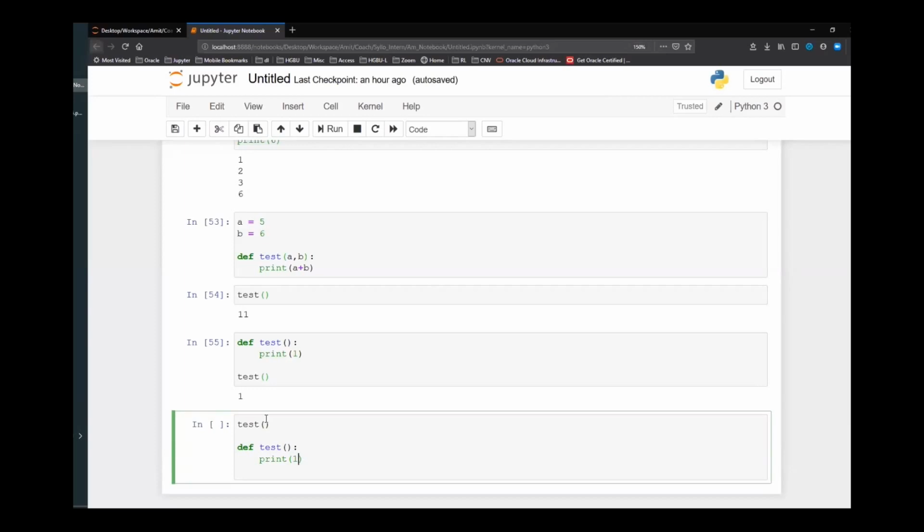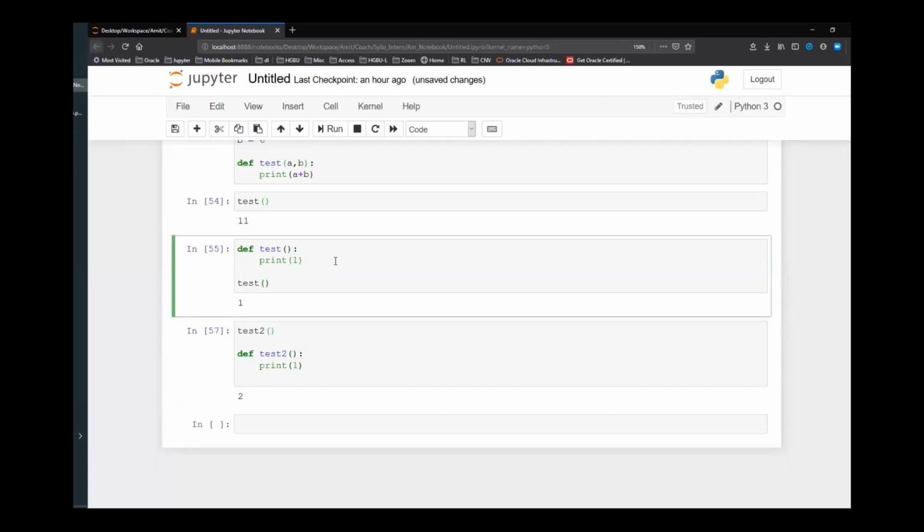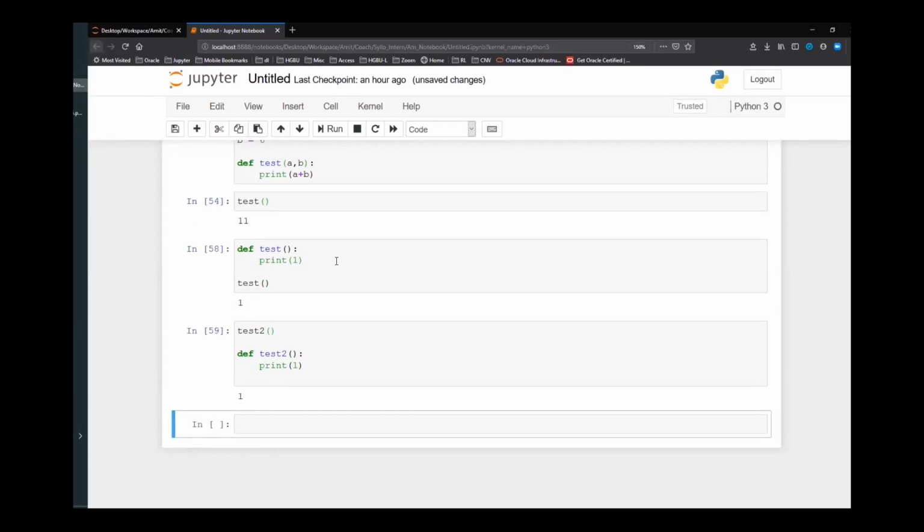Yeah. So let me just run this thing first. Let me just give test2 here, because it is taking the test from our. Now if I run this, oops. Okay. Although in Jupyter Notebook you are seeing this kind of behavior, if you try some of the IDEs, this may fail. So different IDEs behave in different ways. Let me try to explain what is happening and why it may fail in some environments.